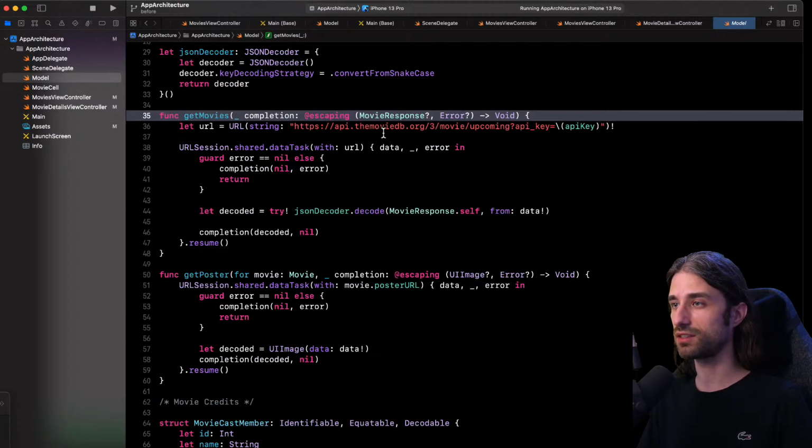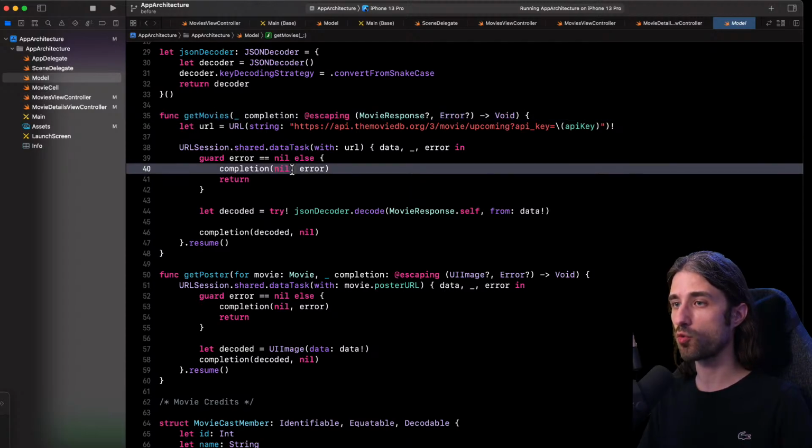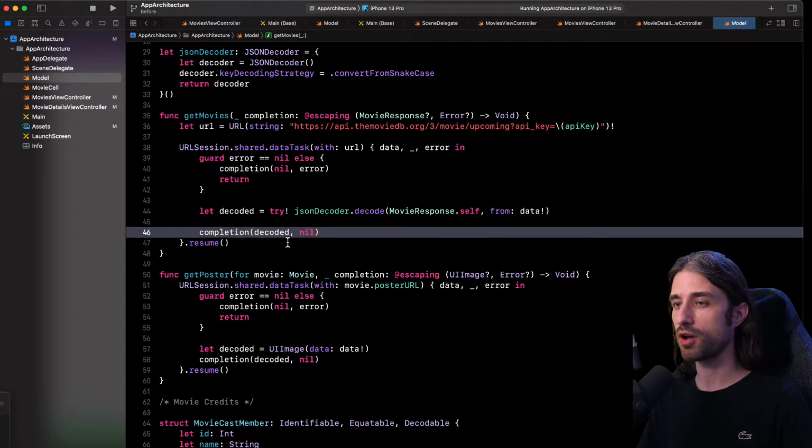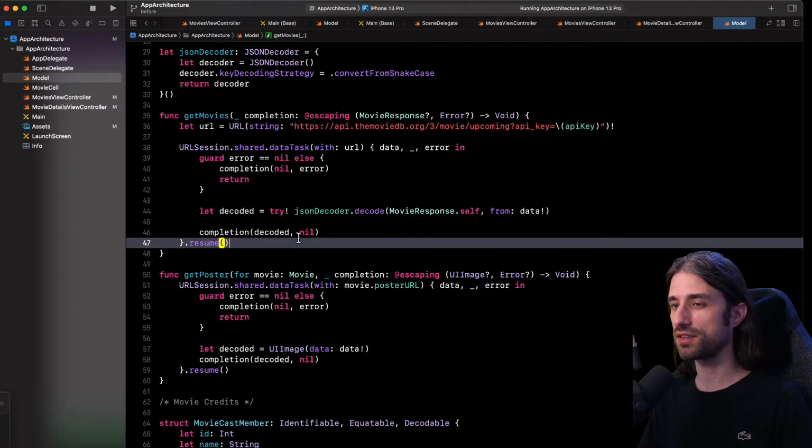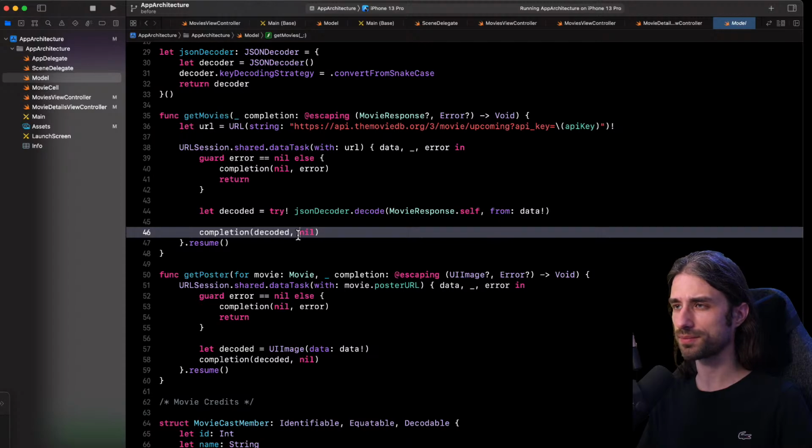We can see this reflected in the code: when there is an error, I call my completion handler with nil for the first argument and the error for the second one. And when there has not been an error, I call the completion handler with the result of the network call as the first argument and nil for the second.